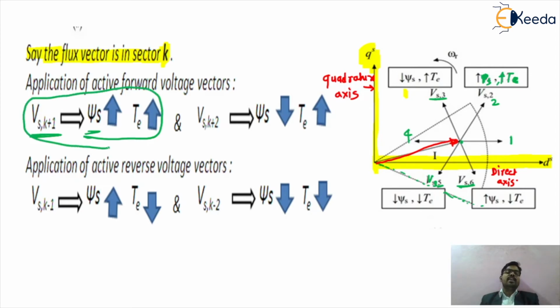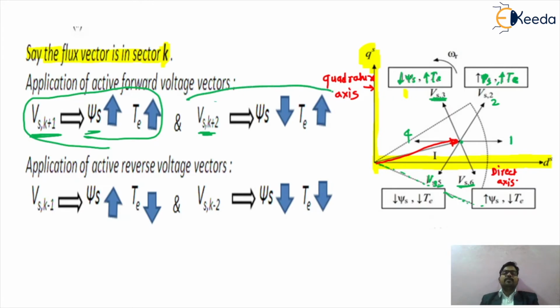Similarly, again we can increase the value of the stator voltage vector by Vs k plus 2. So we are getting Vs k plus 2, which is at the position number Vs3. This will be shown by its vector quantity, that is the voltage vector quantity. The psi s will be decreased, so the magnetic flux density will be decreased, and at that time the value of the torque will be increased by means of that particular vector representation or vector selector switch.